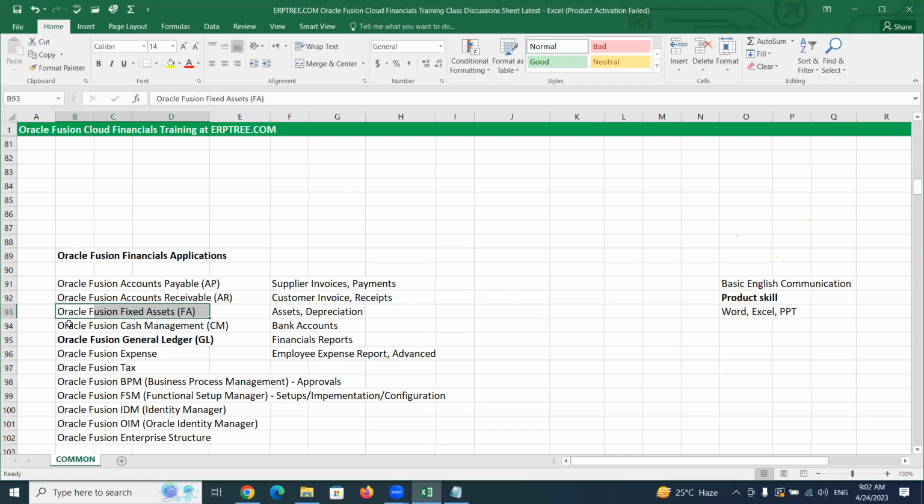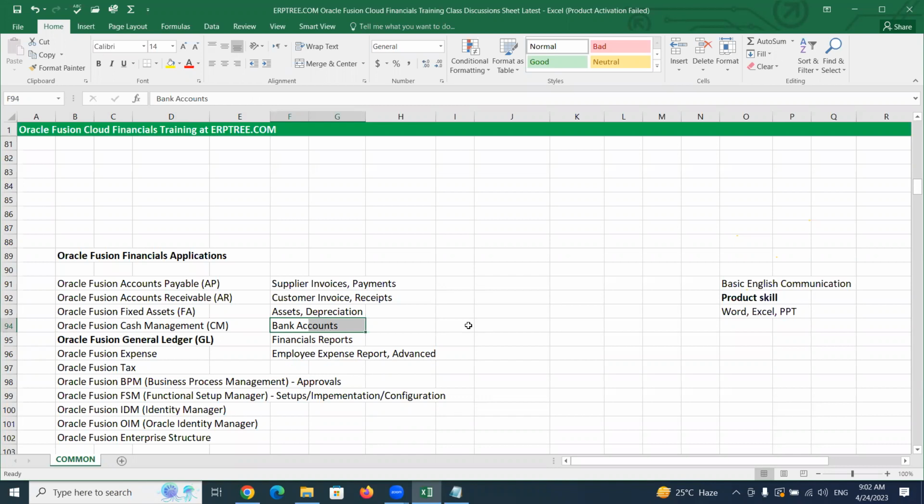And we have an application called Oracle Fusion Cash Management. By using Oracle Fusion Cash Management, you will learn about bank accounts, what bank accounts are owned by the company. When you are doing business, we maintain some accounts. To make payments or to receive payments from customers, we need bank accounts. Those bank accounts can be managed by the cash management application.